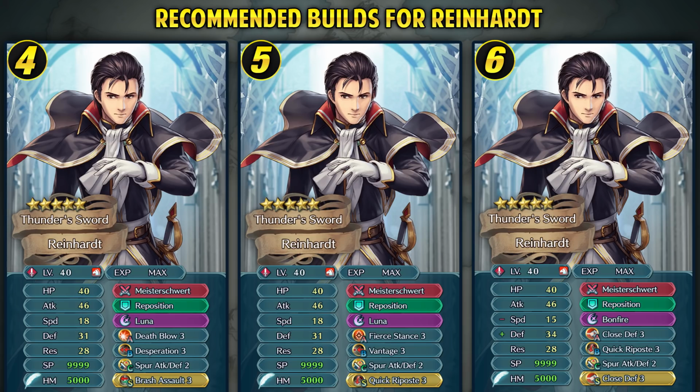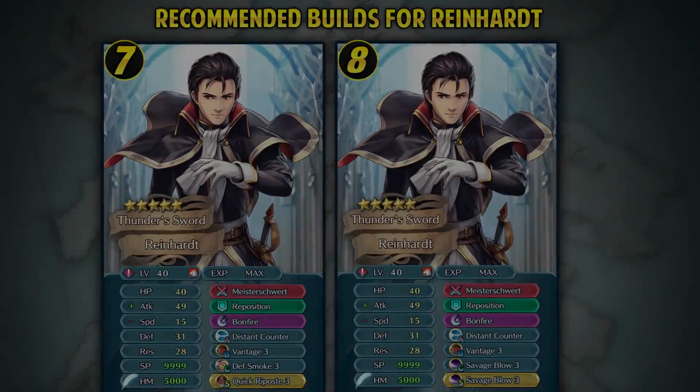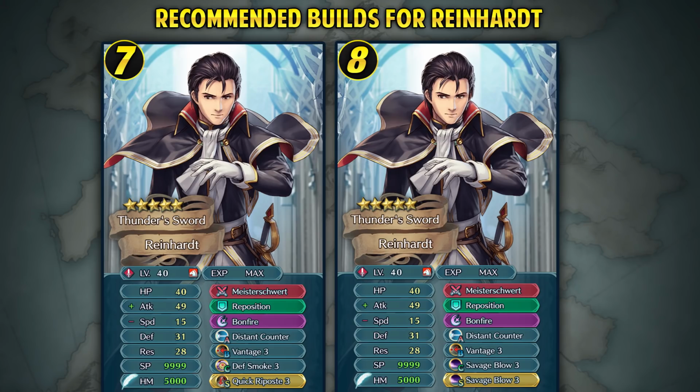And the sixth set is also enemy phase skill set, which you could run if you end up with a plus defense IV Reinhardt. With Horse Emblem buffs and double close defense, he can reach 52 defense, which is extremely high. And finally, you could run distant counter on him, and he has got decent resistance to run this skill,